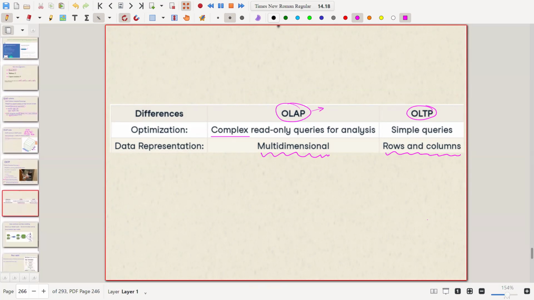This is what you need to know. It should not be unknown to you that there is something known as OLTP and something known as OLAP. However, there are books and more information about them. We are not going into much detail. I'm just giving you some idea and knowledge on the surface. You can go into detail whenever you like.